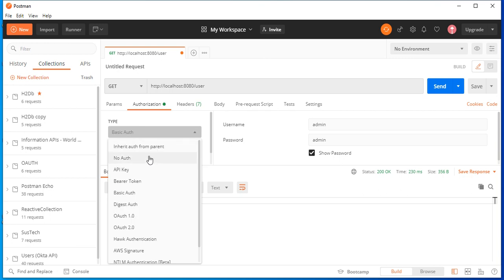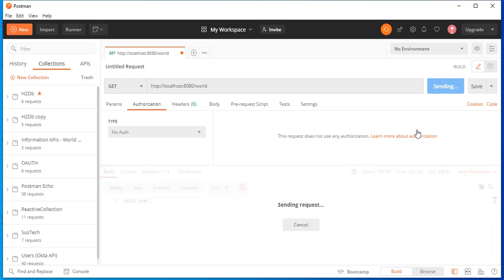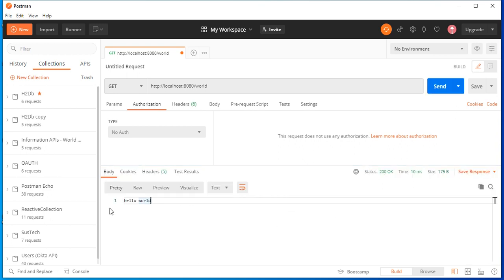So let's not send any authorization. The world URL will not have any authentication or authorization. So if you see here, hello world, we are not passing any authentication here, right?